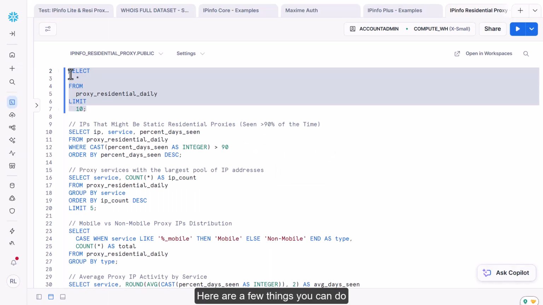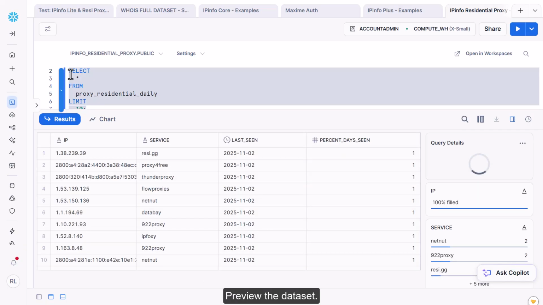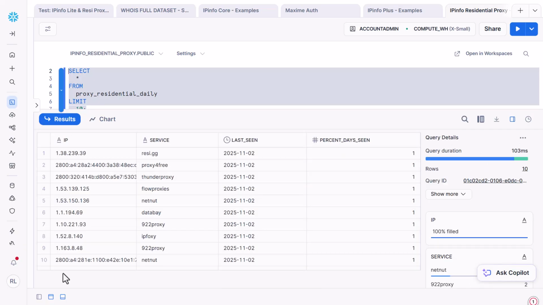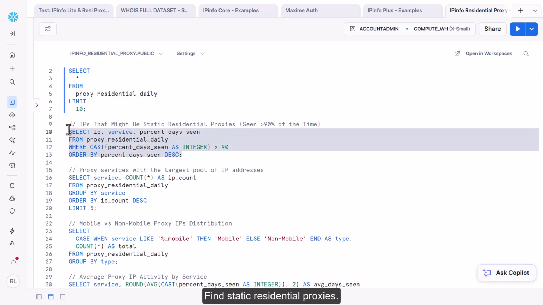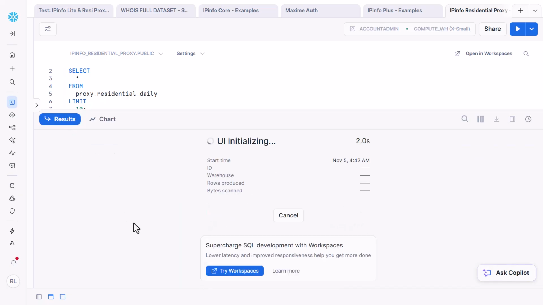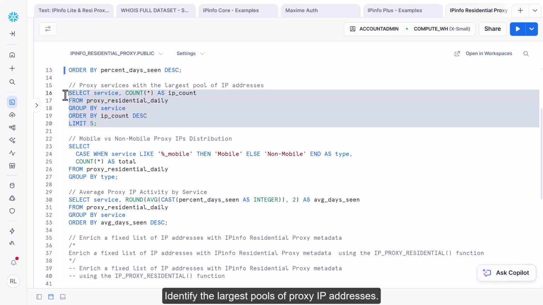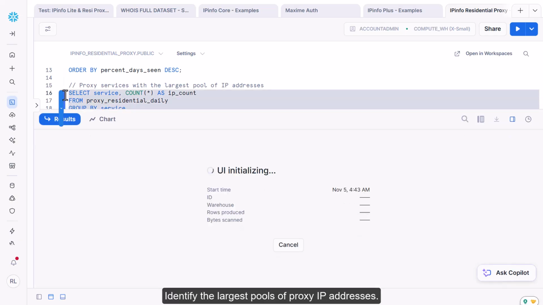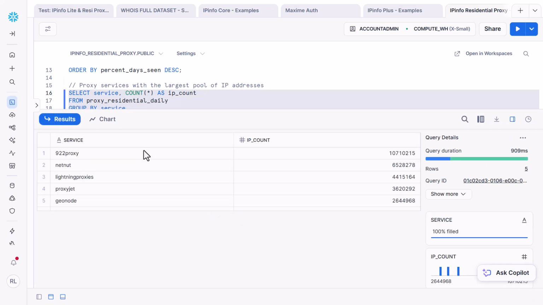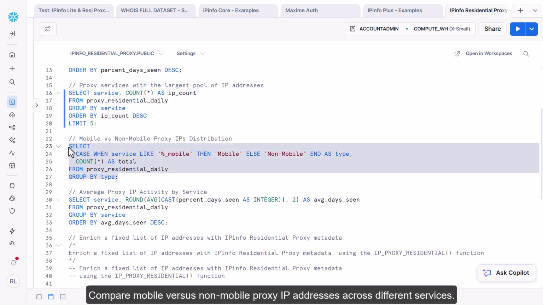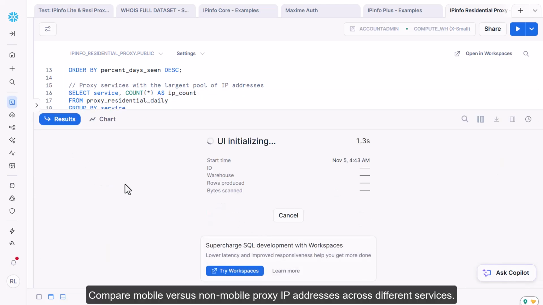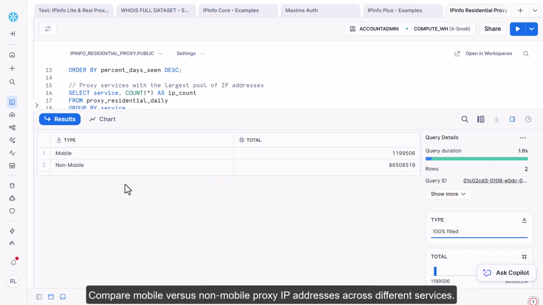Here are a few things you can do. Preview the dataset, find static residential proxies, identify the largest pools of proxy IP addresses, compare mobile versus non-mobile proxy IP addresses across different services,